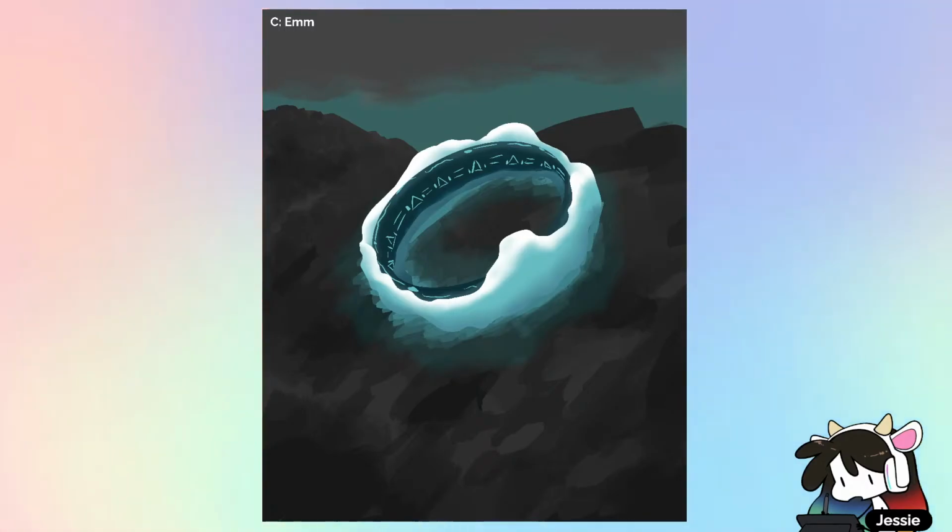This one is of a ring that supposedly has the power to bring the ocean back. Oh my god, I just hit my desk. I'm so sorry. So it has the power to bring the ocean back from a world that has lost its water. And this is a beautiful render. I love the way that this ring has this almost watery, almost cloudy jade-like texture. It feels both smooth and like it's made of stone at the same time. Really, really great looking,